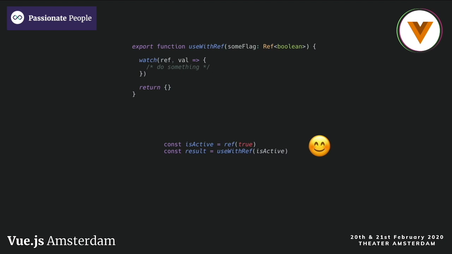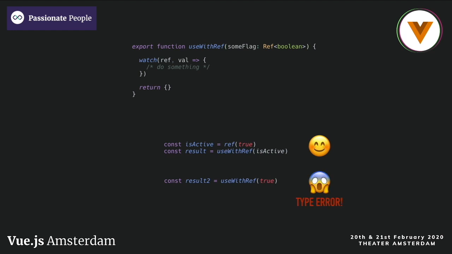Maybe your editor is not up to the task right now. So when you do this, you get a stupid type error. Because now you're passing the actual value, you're not passing the ref. And in many situations, you don't actually want to pass a ref because you only have an initial value. You know it won't change, so why can't I pass this true value in there? Well, there are two kinds of situations, I think. In one situation,